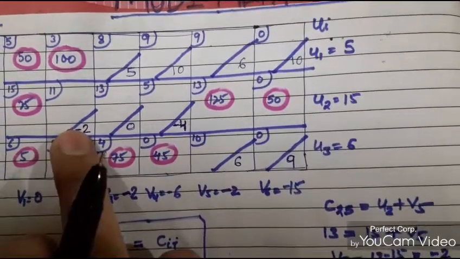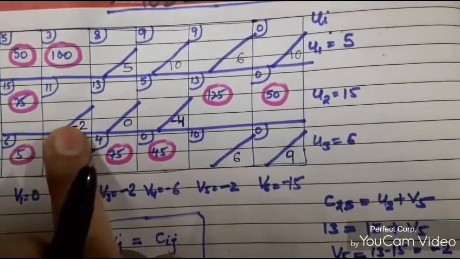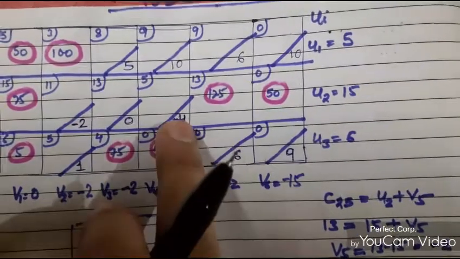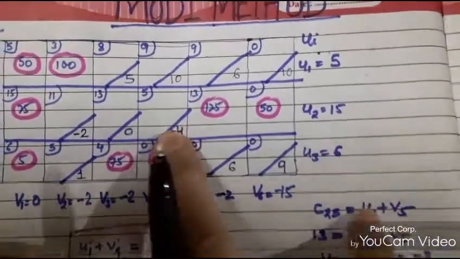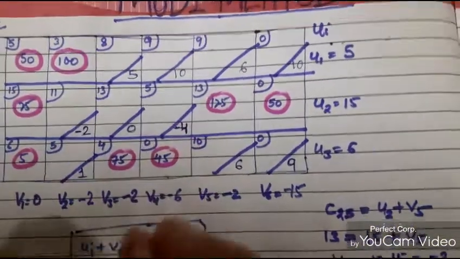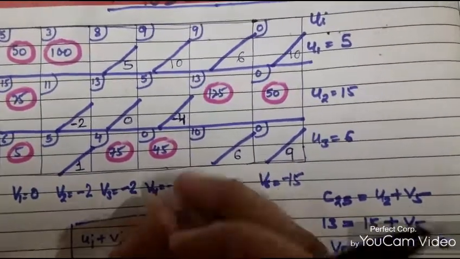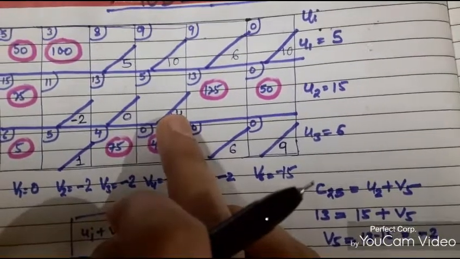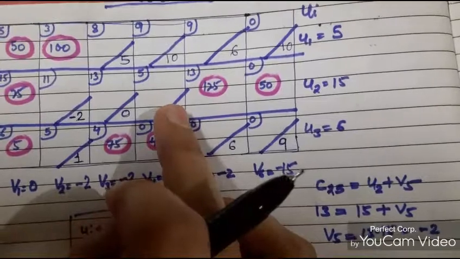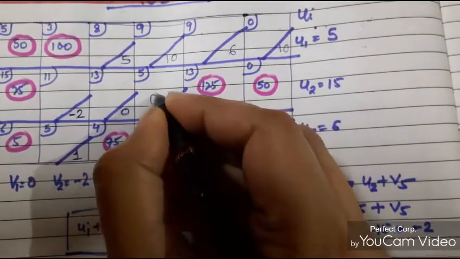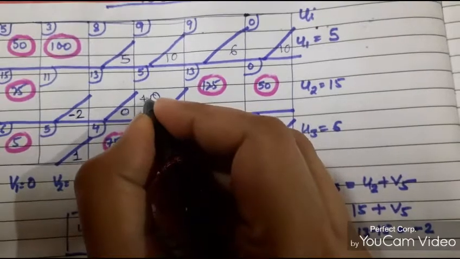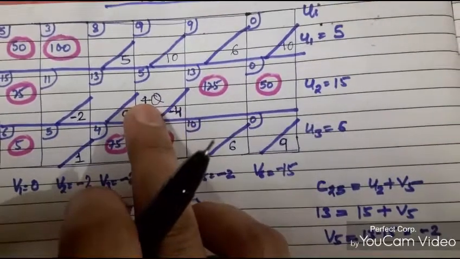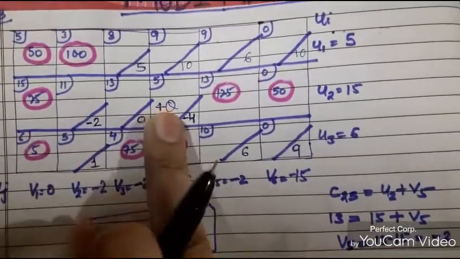So if I compare -2 and -4, you will see that the most negative value is -4. What we do next is allocate a minimum allocation, which is called theta. We allocate a negligible value theta to this cell, and this theta is to be plus theta, because this is the most negative Dij. So we have allocated plus theta to this cell.